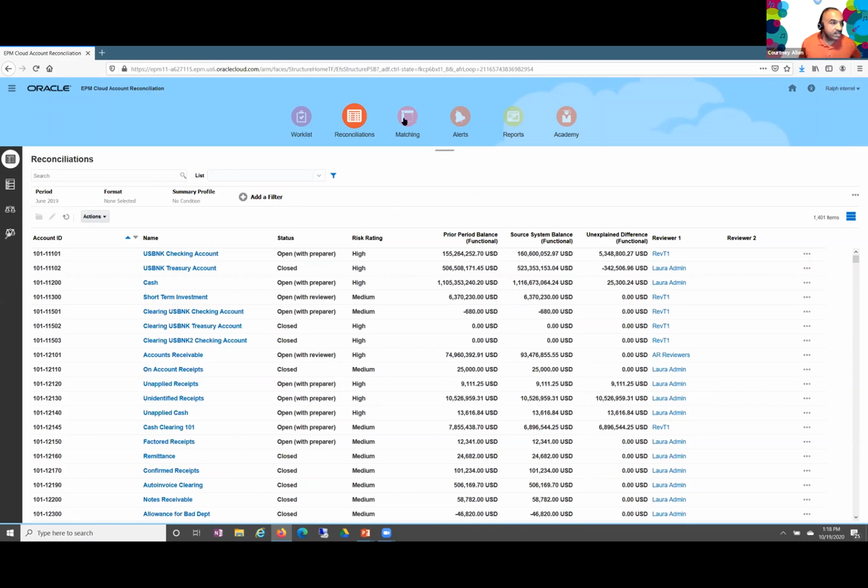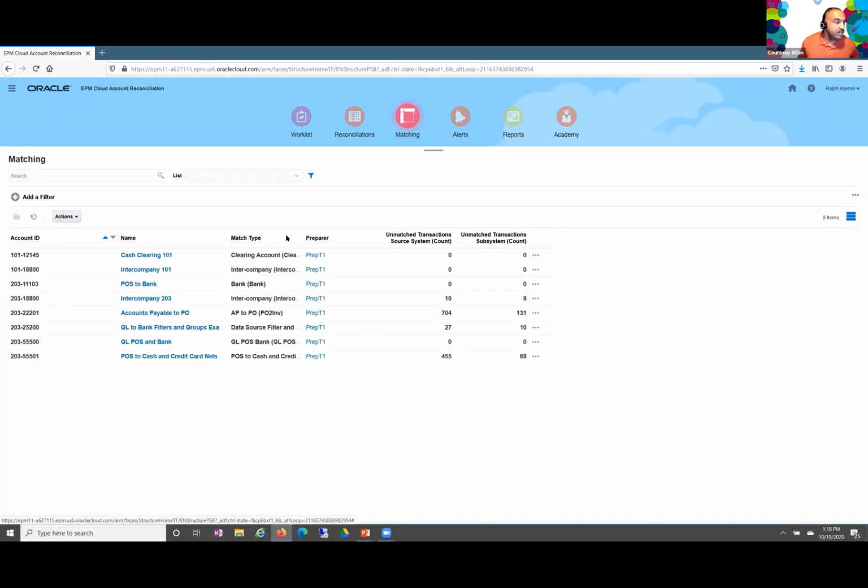Another key destination for a preparer might be looking at the matching list. So these reconciliations are specific to those types of reconciliations that make use of the transaction matching functionality. So it might be a clearing account where you're taking a file of debits and credits and doing a matching against that. So that would be one type of transaction matching process. Another might be taking a look at a point of sale system versus the bank information. So you have two files that you're pulling together there to do matching. So all of these are just different types of matching